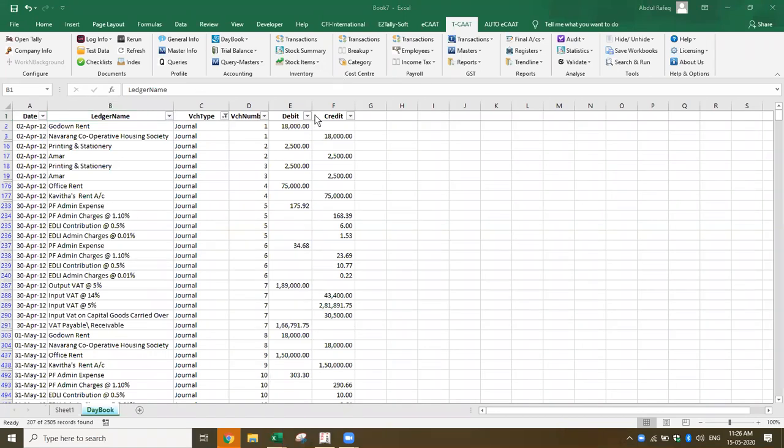Now you see these are all the rent accounts which are there. So which means I can extract the data from Tally in a structured way and I can do further analysis which I want. Okay, now let me show you how I extract.